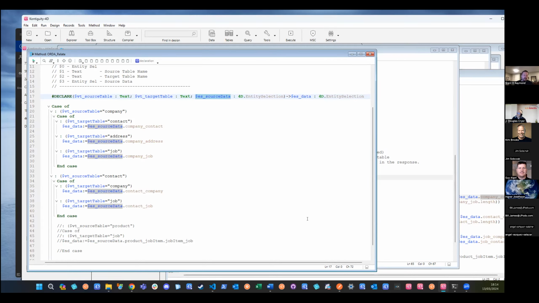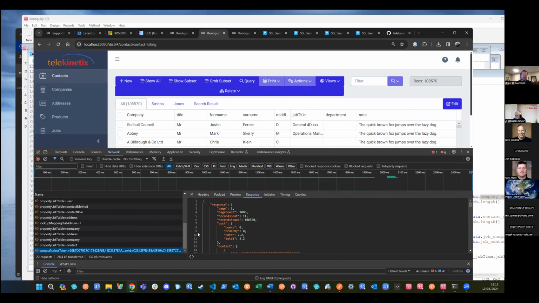Now, there are some more advanced features which are a little bit more difficult to demonstrate. But if I go into the inspector, I go to contacts and I go to network, you'll notice that there's this concept of a select token. And that select token is how we create some context in a session,